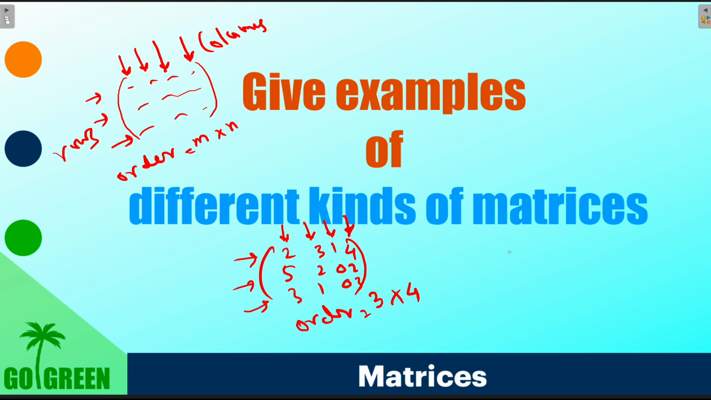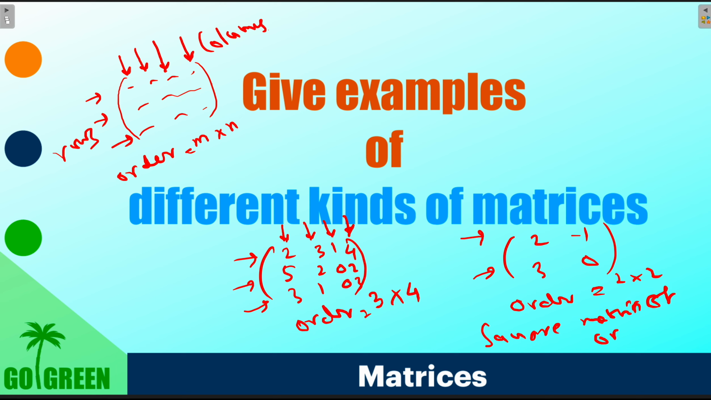Now if it is square, for example, 2 minus 1, 3 0. How many rows are there? 2, okay. And how many columns are there? Columns are also 2, right? So order is 2 cross 2. If order is n cross n, it's called a square matrix, okay. So order 2 cross 2 means it's a square matrix. You can just say it is a square matrix